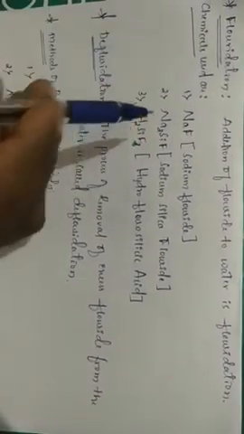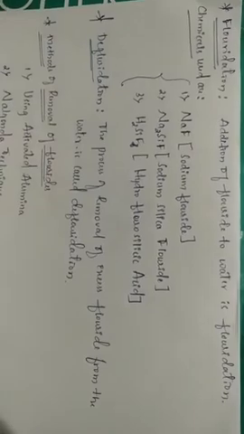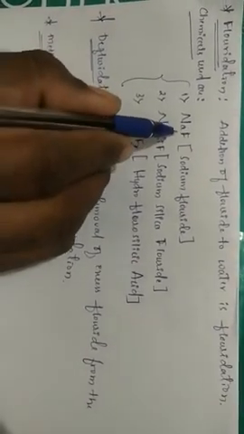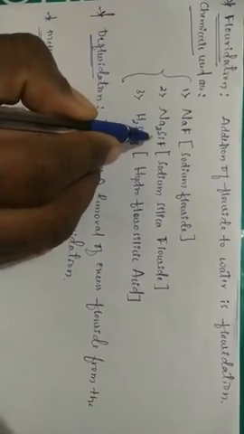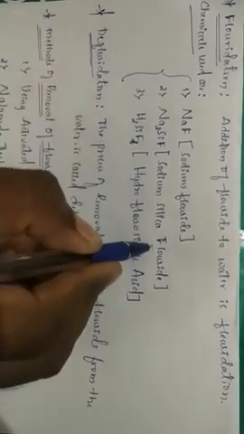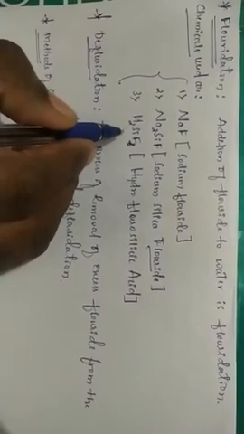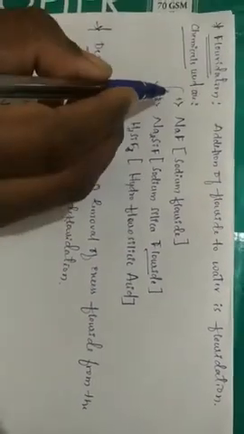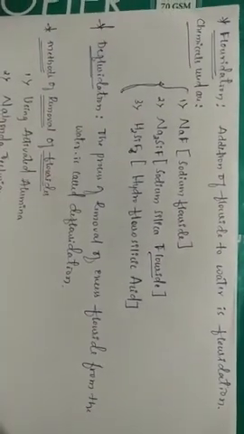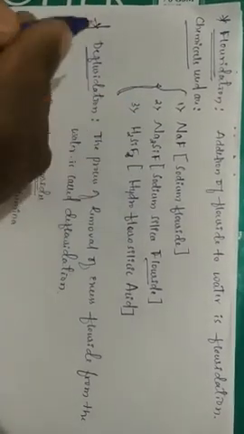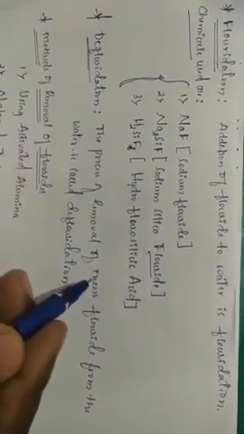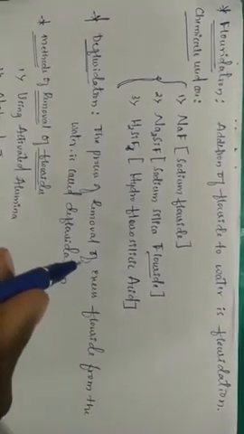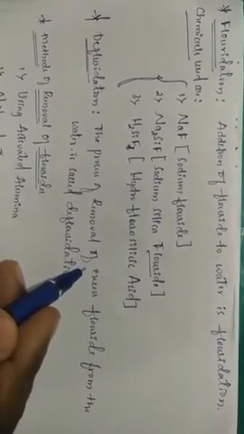The addition of fluoride to the water takes place with the help of these chemicals. The first one is NaF, that is sodium fluoride. The second one is Na2SiF6, that is sodium silicofluoride. And the third one is H2SiF6, hydrofluorosilicic acid. By using these three chemicals in the water supply system, we are increasing the concentration of fluoride in the water. This is the method of fluoridation.